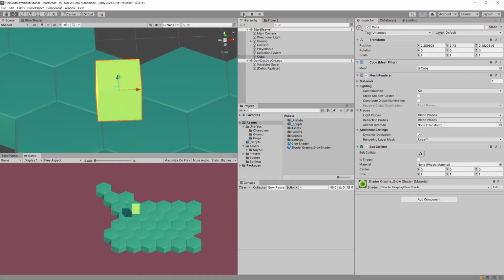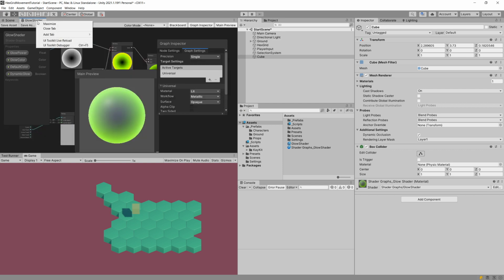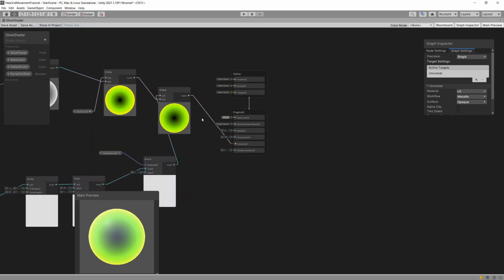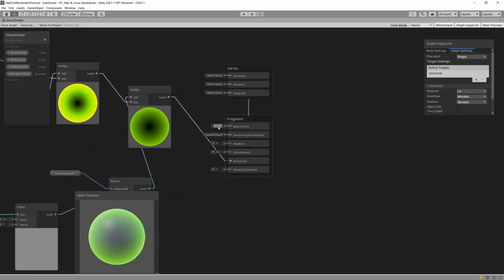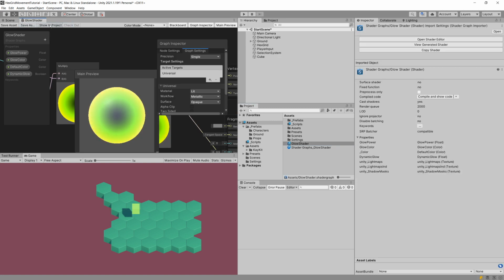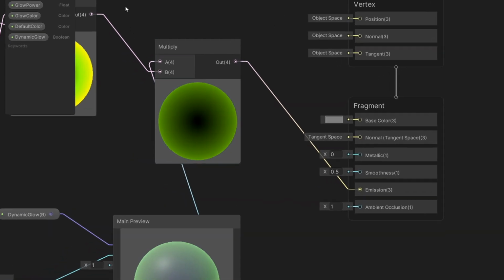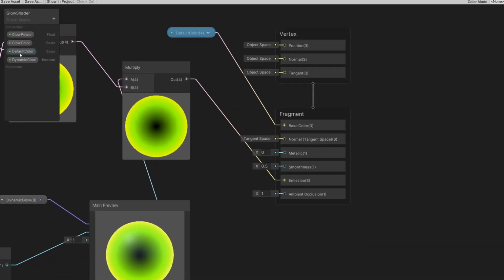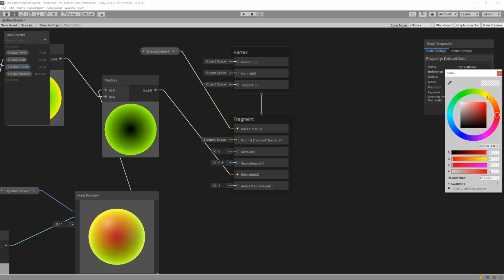Now, back with our project. Now this is our shader, and this is only the emission of our glow shader. Now I have forgotten to do one thing, and this is because we have only glow, the base color will always be this white. So we need to open our shader and maximize it. And if you don't have it opened, you can simply double click on this shader to open the shader graph. And what we will want to do is assign our default color to be the output color of our shader. This will allow us to change the default color from this black to be, for example, red, and the model will be of this color, and the glow will only be on the outline of this